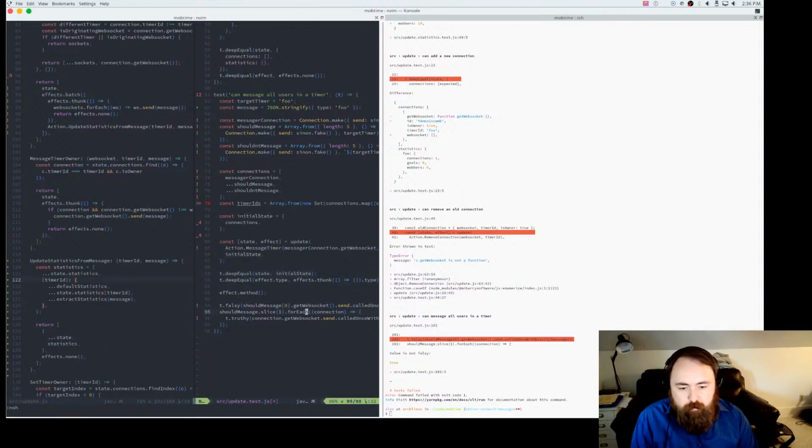Which means that we can actually capture that too, which is nice. So we know that our effect.type is going to be a batch type. Oops. Now these are symbols, so you actually have to compare them this way.